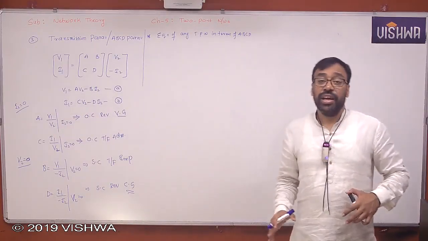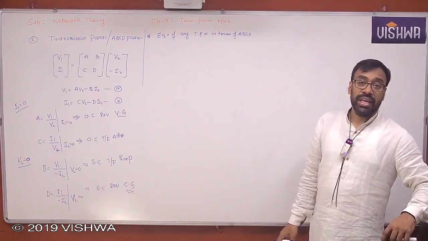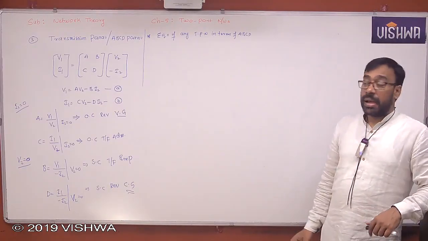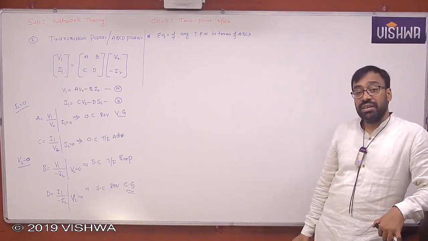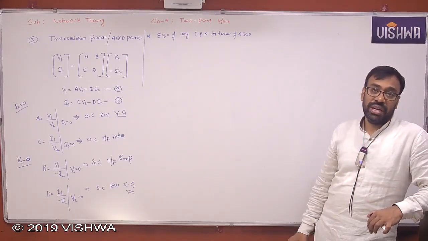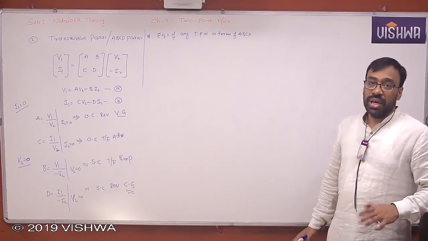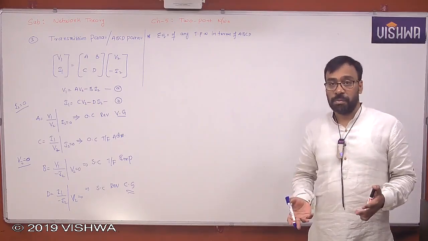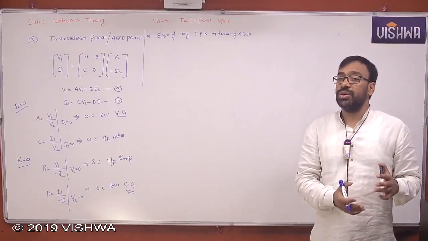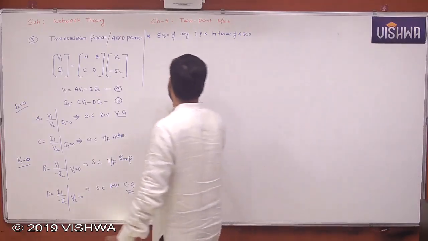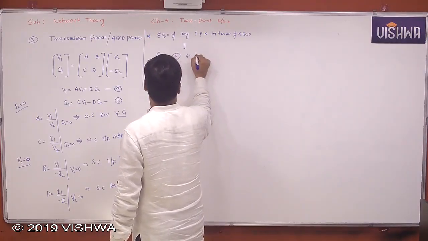First equation says on the input port side you go for series combination, like in impedance parameters, the equivalent circuit in terms of impedance parameters. Second equation suggests that go for parallel combination like the equivalent circuit in terms of Y parameters. At the same pair of terminals, how is it possible to go for both series and parallel? It is not possible. If one side series, the other side parallel, okay. But at one particular pair of terminals, how is it possible to go for series and parallel? Therefore, from equation A and equation B,